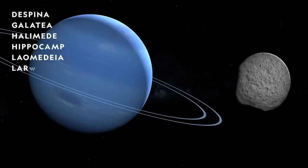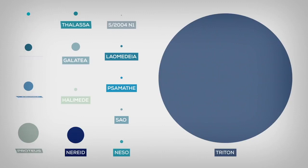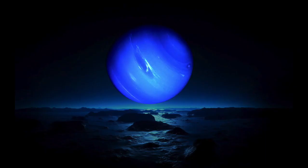The largest moon of Neptune is Triton, which is the 7th largest moon in the solar system. Triton is unique in that it is the only large moon in the solar system that orbits its planet in a retrograde direction, opposite to Neptune's rotation. Triton is also geologically active, with features such as geysers spewing nitrogen gas and a surface that appears to be